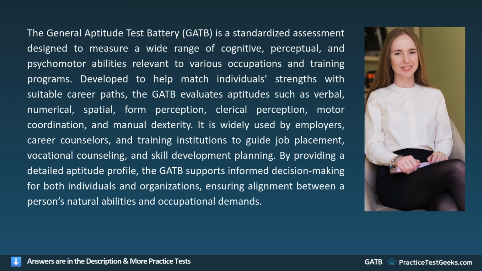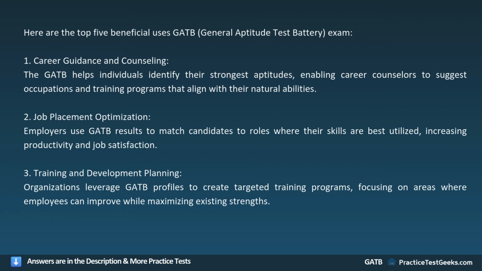It's widely used by employers, career counselors, and training institutions to guide job placement, vocational counseling, and skill development planning. By providing a detailed aptitude profile, the GATB supports informed decision-making for both individuals and organizations, ensuring alignment between a person's natural abilities and occupational demands. Here are the top 5 beneficial uses of the GATB, General Aptitude Test Battery Exam. 1. Career guidance and counseling. The GATB helps individuals identify their strongest aptitudes, enabling career counselors to suggest occupations and training programs that align with